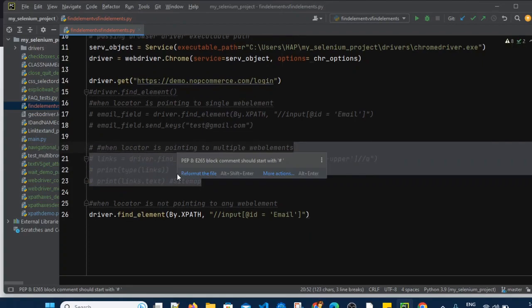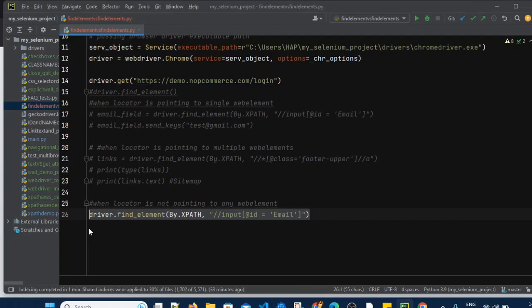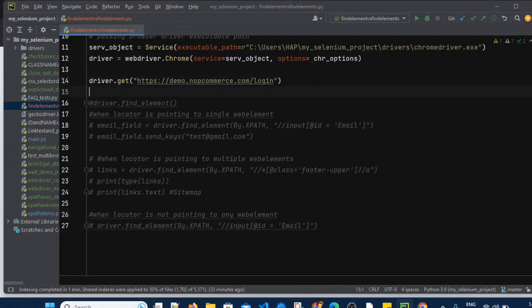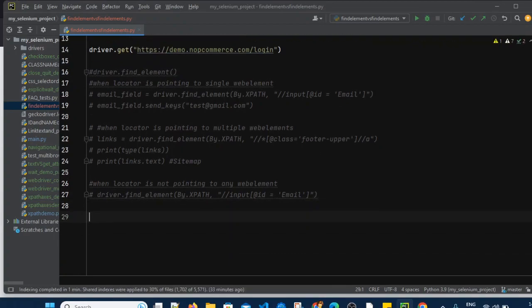We have seen it for driver.findElement. Now the same scenario we will see for the driver.findElements method.